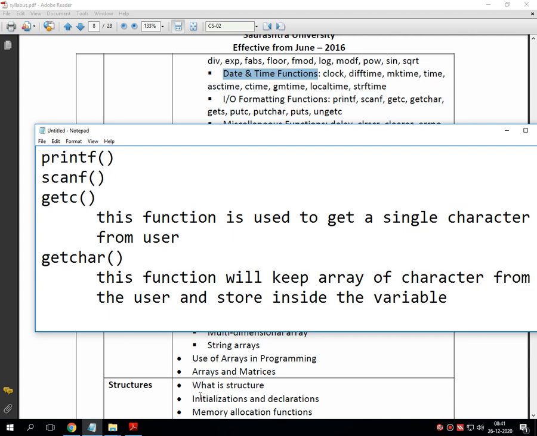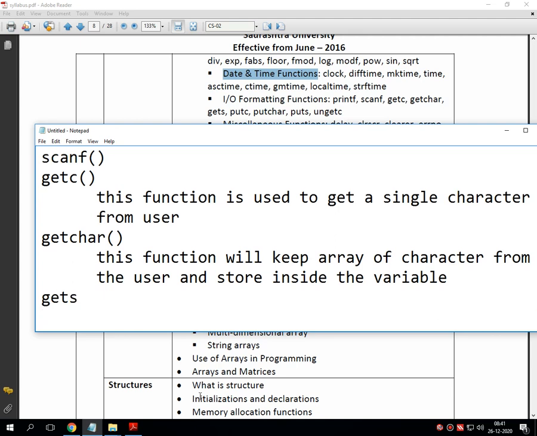Next is gets. As previously indicated, getc is the function which is used to get a single character from the user, while gets is used to get a single string from the user.